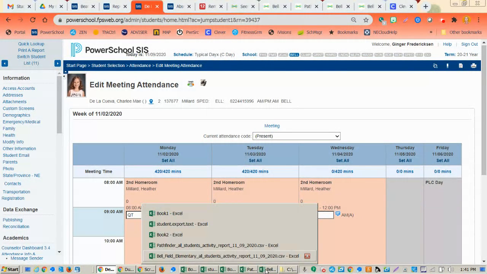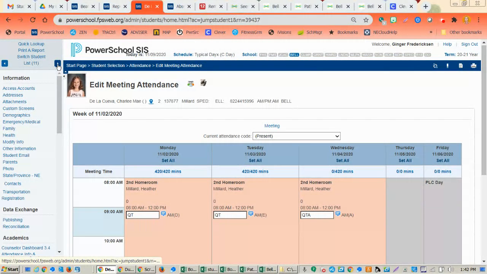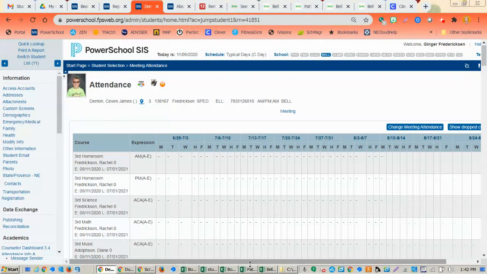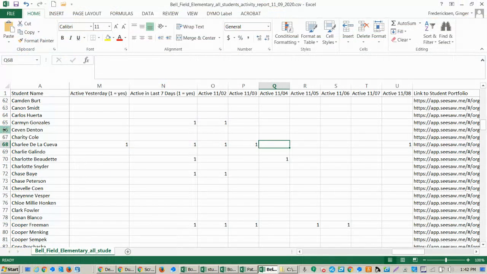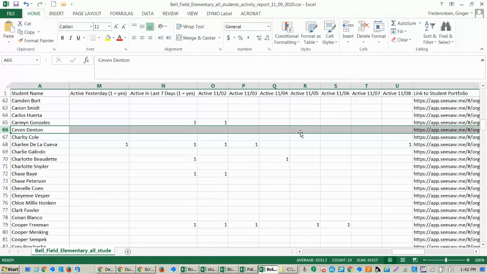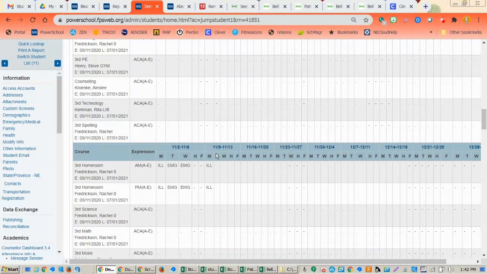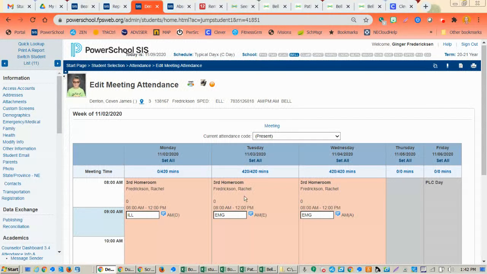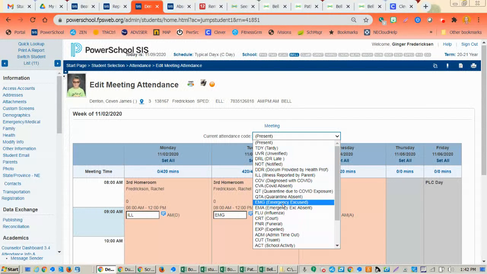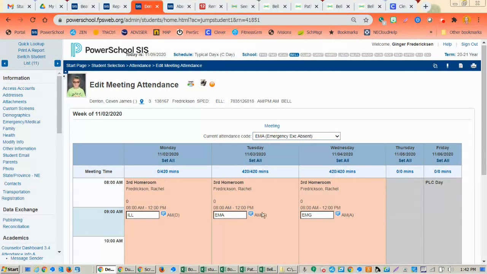So what you need to do is go through each of your students. So the next thing I do is go to 7 Denton. I come over here and he's right here. It doesn't look like he logged in at all. So for this kiddo, we're going to go back and see if he was, yes, he was emergency excused. So here I need to do an EMG absent,